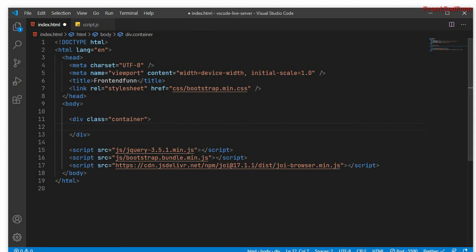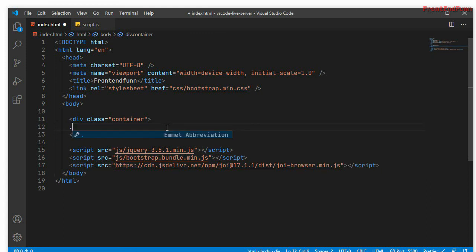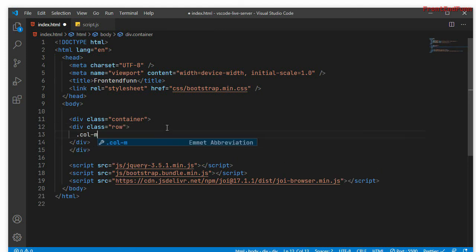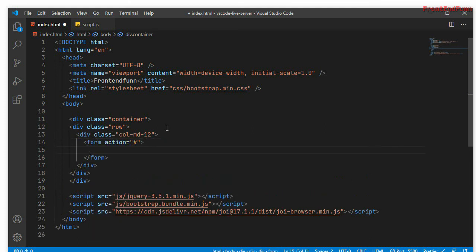So first inside the container, let's create a row, and col-md-12. And for the form, I'll just add the form action as hash, and let's give it a class of contact-form. Fine.